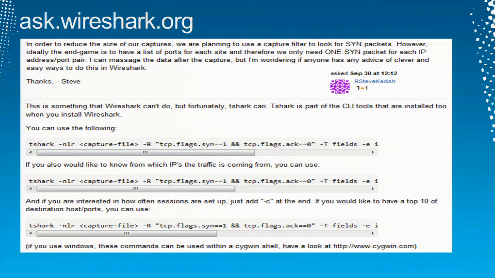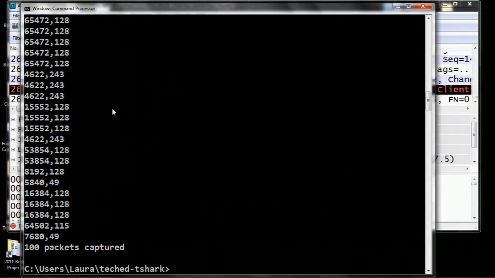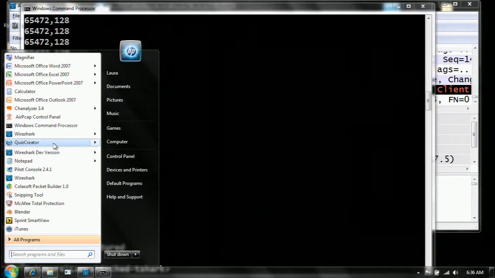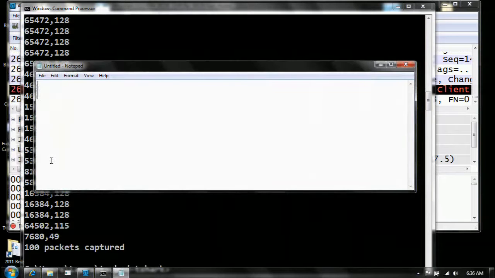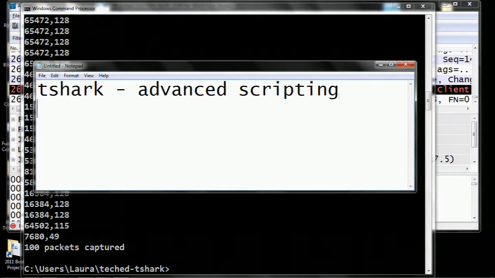And there are tons of people that do that, and Sake is really big. If you want to know all the phenomenal things you can do, the really advanced things with TShark, go do a search for Sake Bosch. And I'm going to type his name in here so you can search his name. You will see that there is a website where Sake has got a huge list of videos on how to do advanced parameters with TShark. So it's TShark Advanced Scripting. And this is how he spells his name. And the website that you'll see he's got these videos on, you could just look up his name, but if you go to